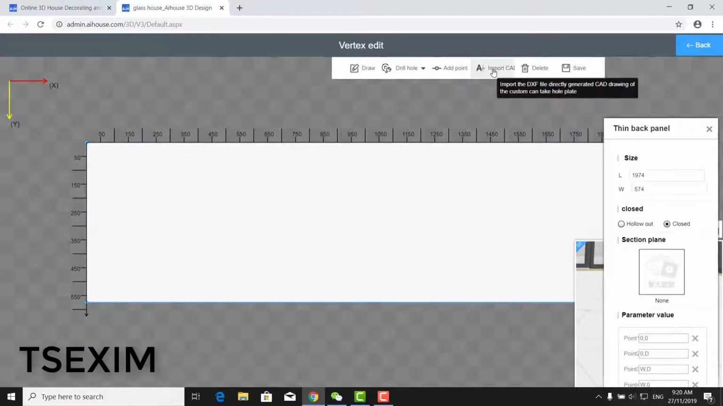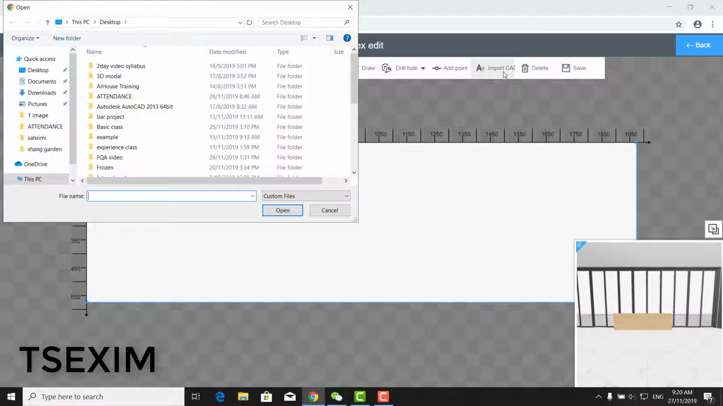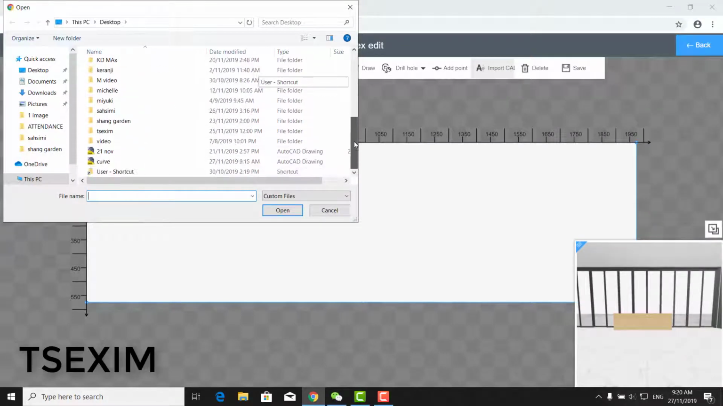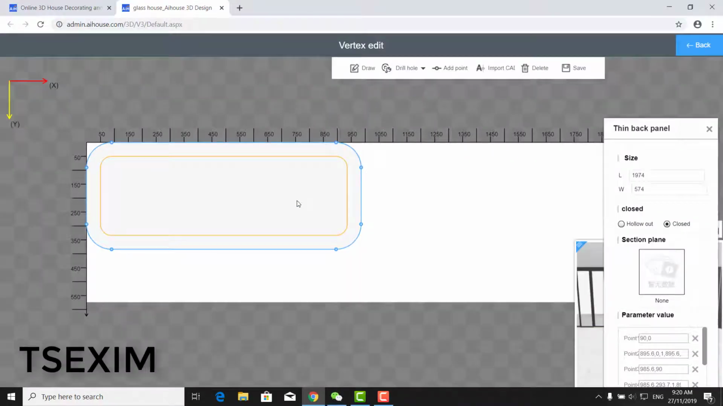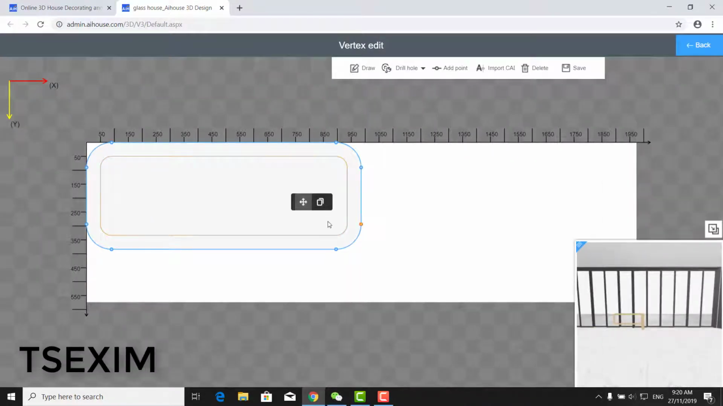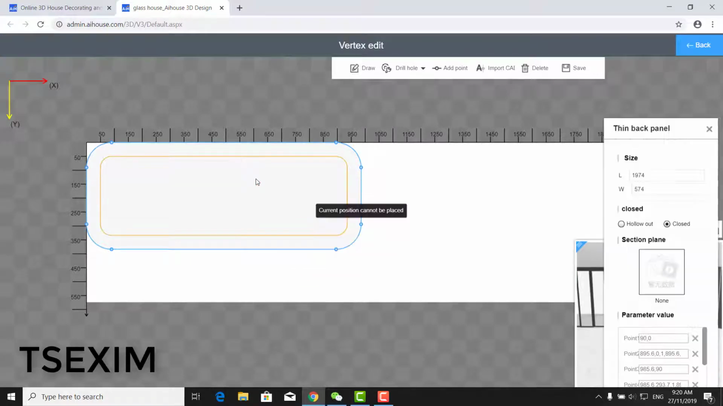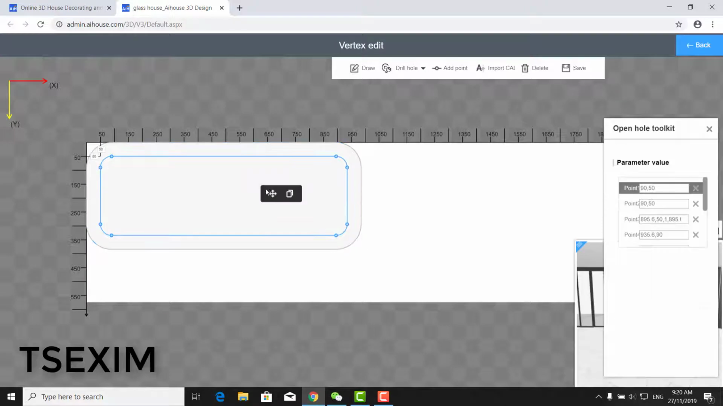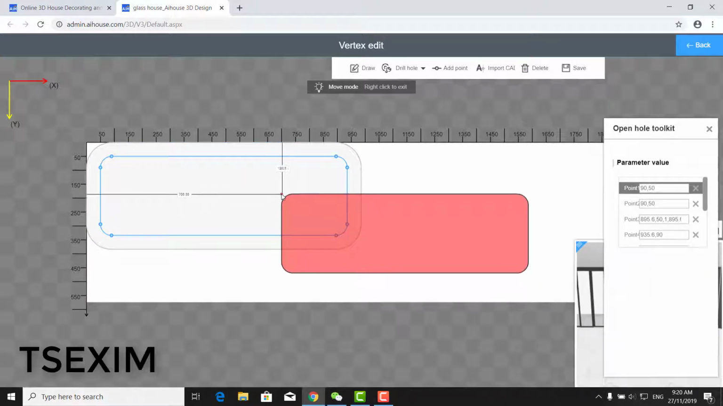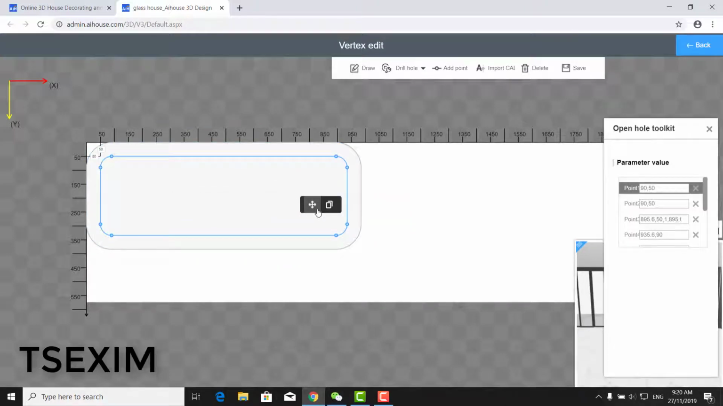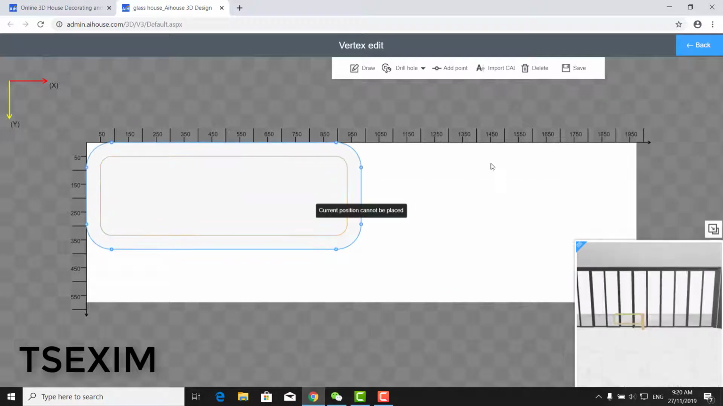Okay, then you go to import CAD. Okay, at first you must draw the CAD curve, the curve shape. Okay, something like this. Okay, then you just move, no need move also can. Okay, no need move. Okay, after you draw the curve shape, then you just